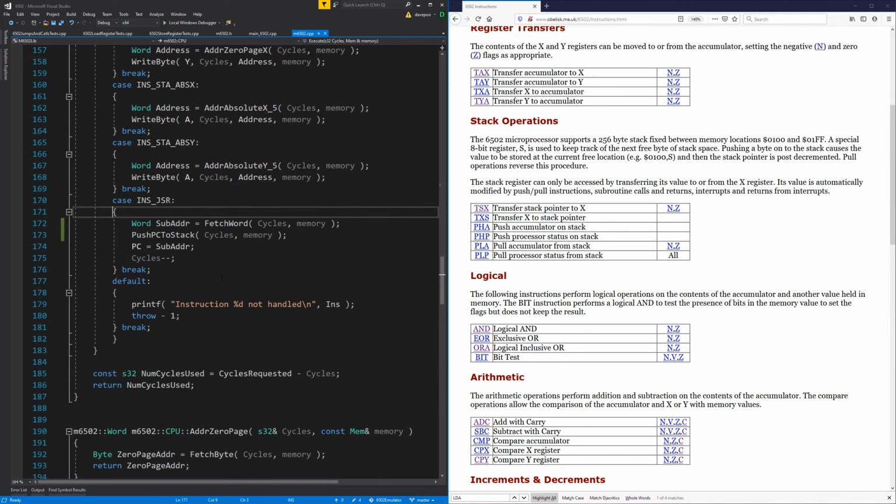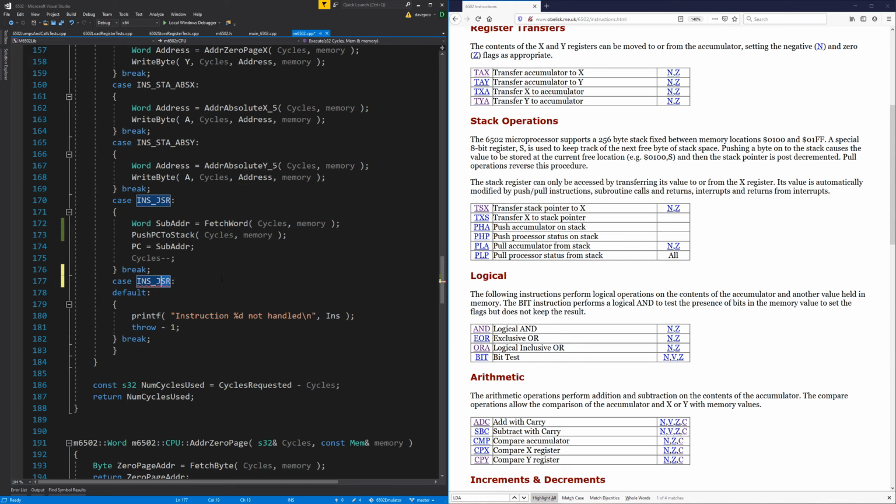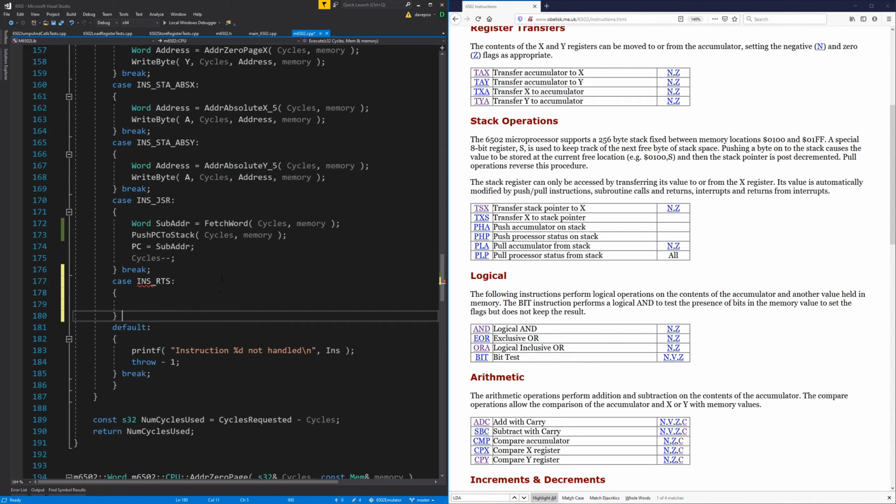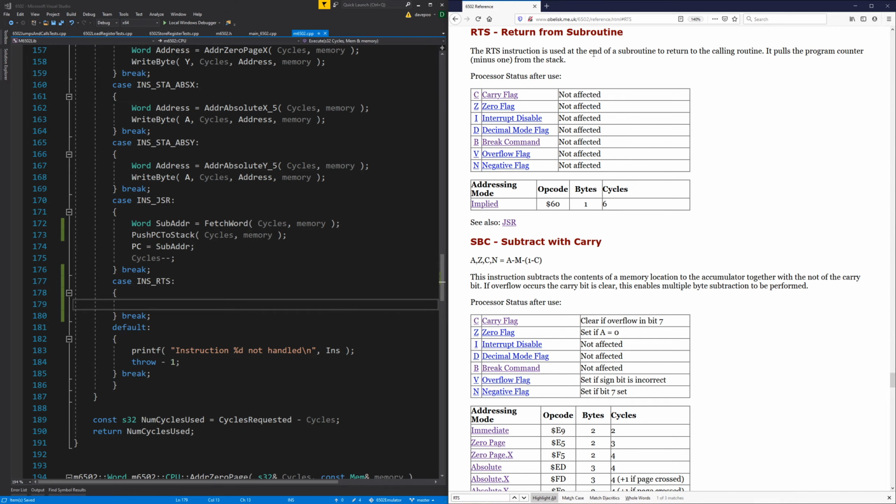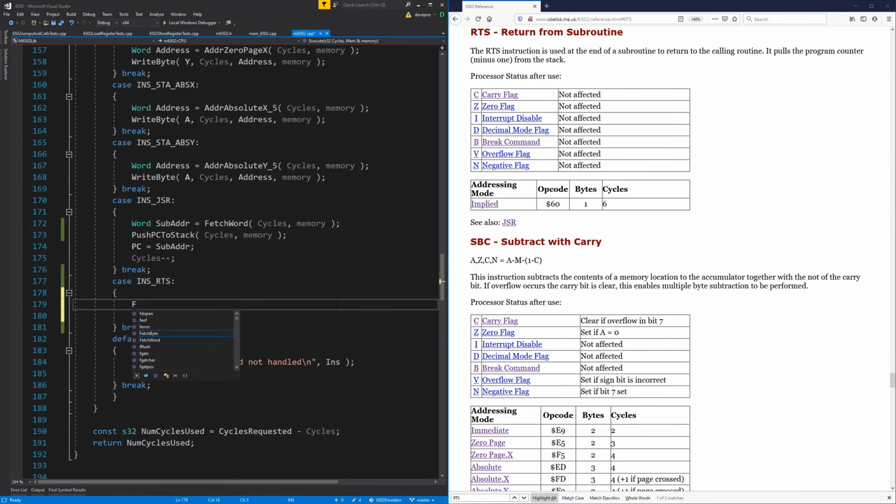So we really want now to find out what RTS does. Well, we want to write RTS. So RTS, what do you do? It pulls the program counter -1 from the stack. So we want our stack pointer to address. So we want to read a word. That's right. Read word